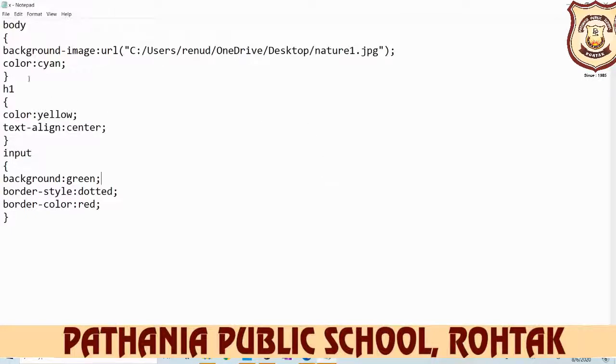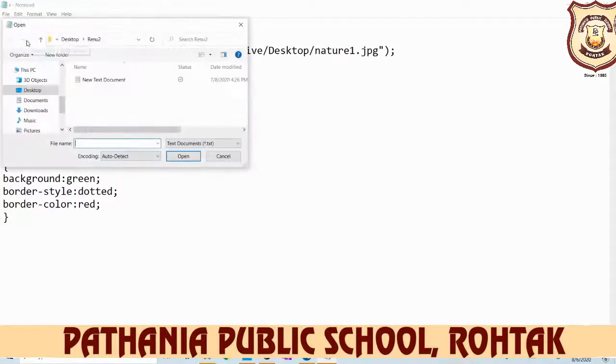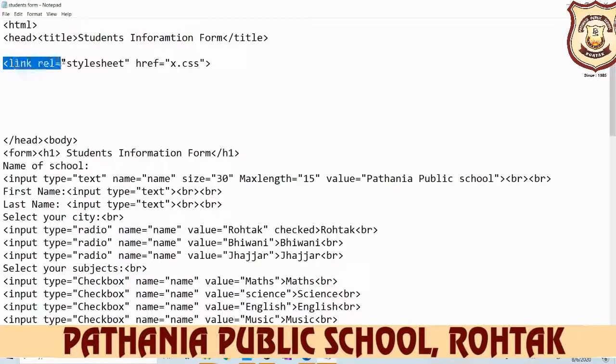But for this you create the link, and for creating the link you open your HTML file, and after opening you add this line in your HTML page. First you write down link, then you write the relationship, rel equal to stylesheet, then href, hyper reference, equal to, then you write down the name of the CSS file here.